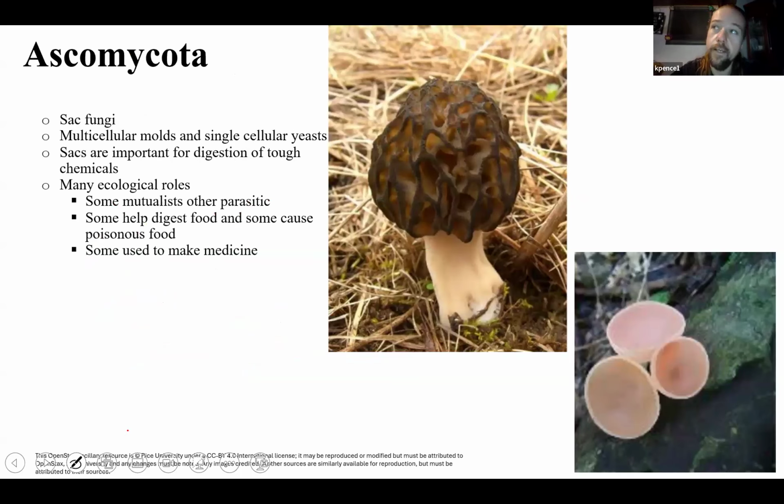Okay. Ascomycota is the sac fungus. These guys are going to reproduce in structures that resemble large sacs. These are one of the most diverse fungi. They have a huge ecological role for many reasons. They can range from mutualistic to parasitic, so good versus bad. A lot of these organisms can be used as food, so bottom of the food chain. They're also decomposers, recyclers of nutrients back into the system, and medicine.